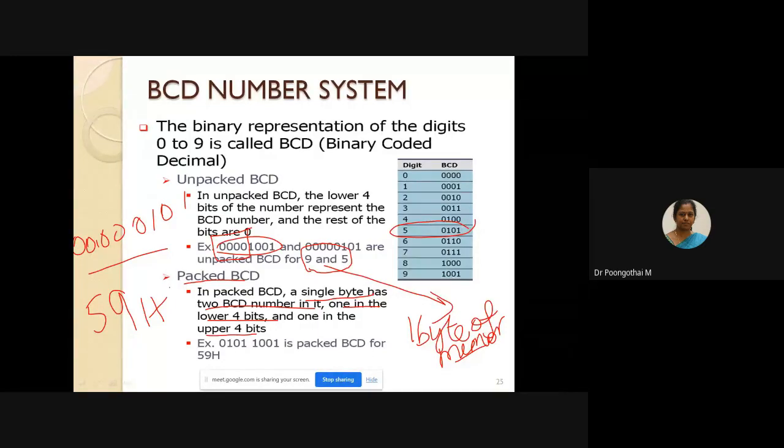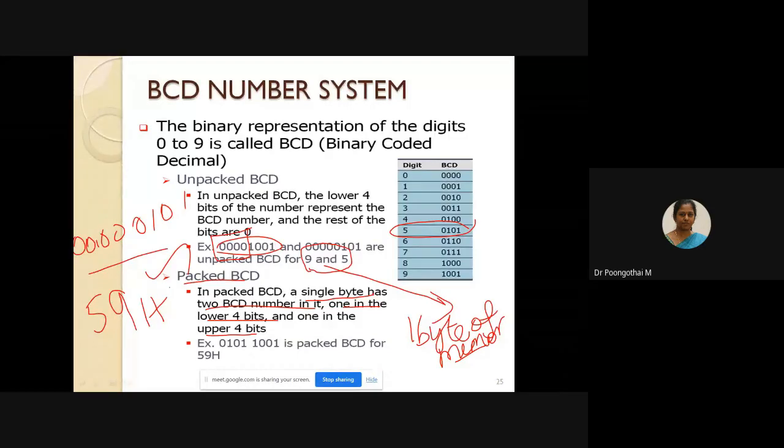Okay. So it takes 1 byte of memory to store a packed BCD operand, and one reason to use packed BCD is that it is twice as efficient in storing data. So that's why we are using packed BCD numbers. Two digits are combined together and put in a single register. It requires 1 byte of memory. So those numbers are called packed BCD numbers. To handle BCD operations, the first step is to pack the BCD, and after that we can perform any operation.